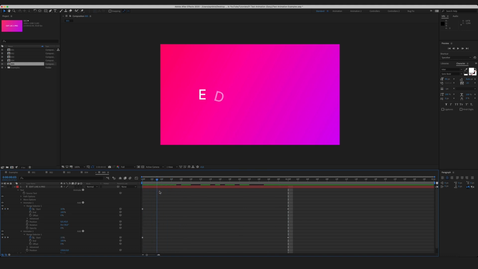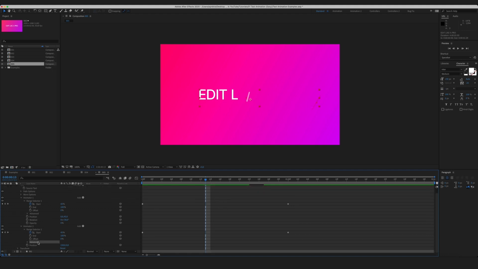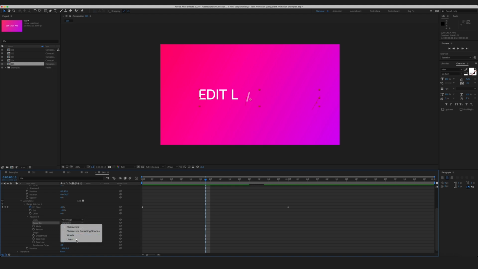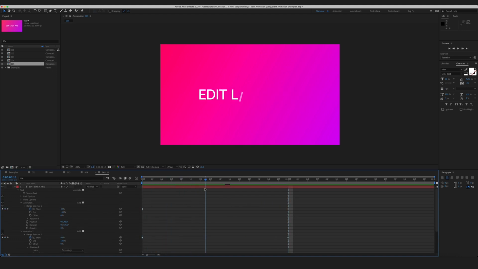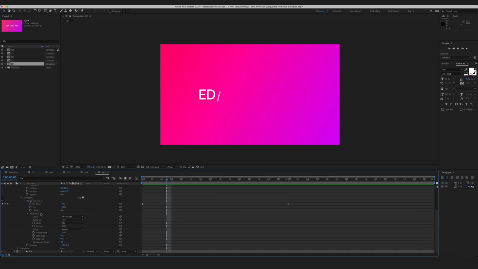Okay, we're already getting somewhere, but actually this is not what I wanted to achieve, because in the advanced menu we need to select the units based on lines, and now we're having this kind of animation. So basically what's going on? The animator 1 is animating this text by a character. It's animating the position, the rotation, and the opacity. And the animator 2 animates the position of the whole line as I've selected,